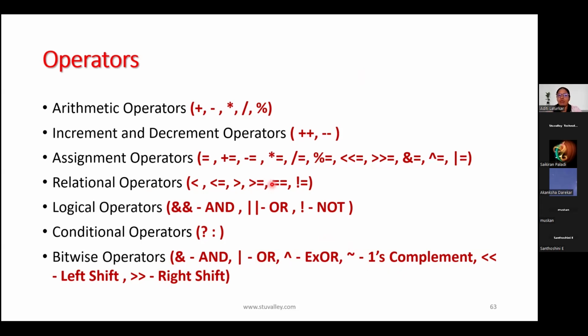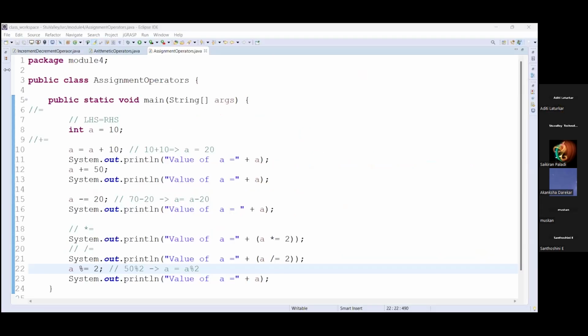Then we will go for the relational operators. ठीक है, बिकॉज रिलेशनल ऑपरेटर्स एंड लॉजिकल ऑपरेटर्स को समझने के लिए, परफॉर्म करने के लिए, you need to understand first if statements, then loops etcetera. ठीक है, तो हम पहले बिटवाइज ऑपरेटर्स कर लेंगे, उसके बाद नेक्स्ट में रिलेशनल ऑपरेटर्स, लॉजिकल ऑपरेटर्स करेंगे. ठीक है, सो फॉर this